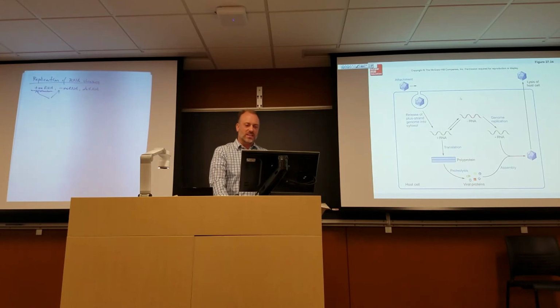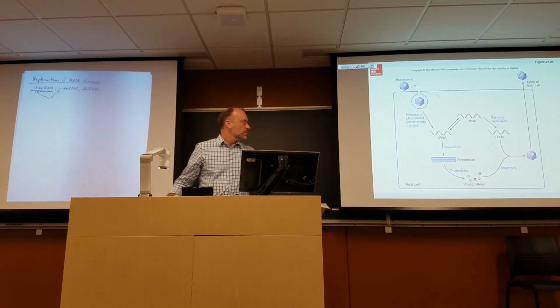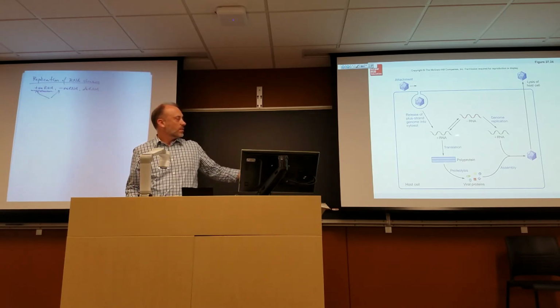The reason they're worried about getting it out of the water is because you drink the water, it sets up shop in your digestive tract and multiplies and then gets into your nervous system. So here it is coming into the cell. Positive strand gets out. It makes the negative strand for genome replication, many, many copies of this, and it makes